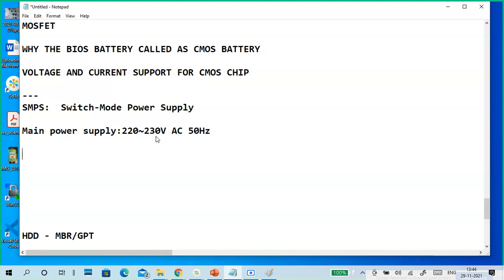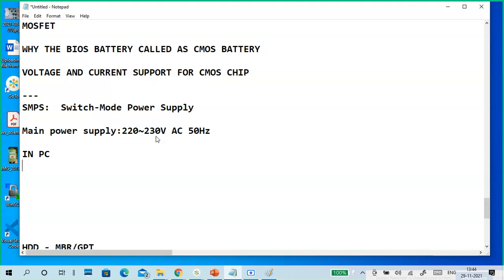But our computer only uses electronic components. Your mobile phones, computers, tablets, smart watches, smart bands, these all need DC supply. So we need a different type of DC supply inside a PC.